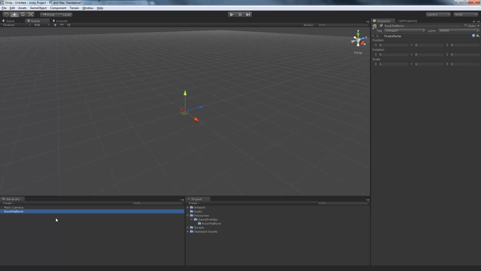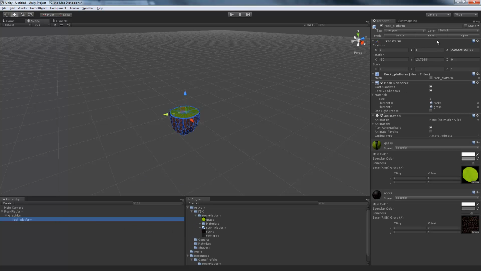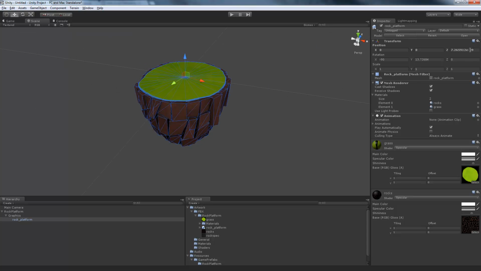So my rock platform, I always make a parent. After that, we're just going to make a graphics node. It's zeroed out, which is perfect. I'm going to throw in the rock platform FBX. It has some values on it, and that is essentially 0. It has a negative 9-degree rotation. It's a Y rotation,